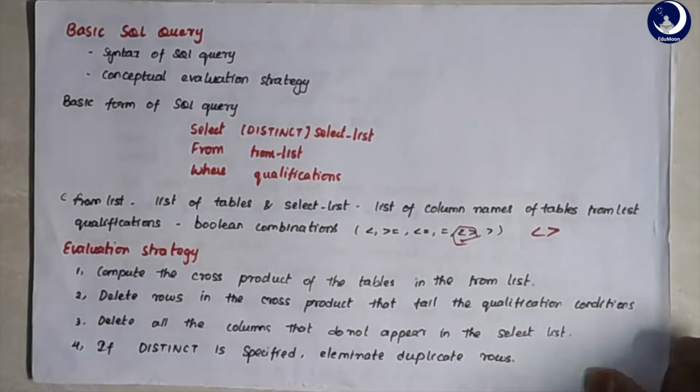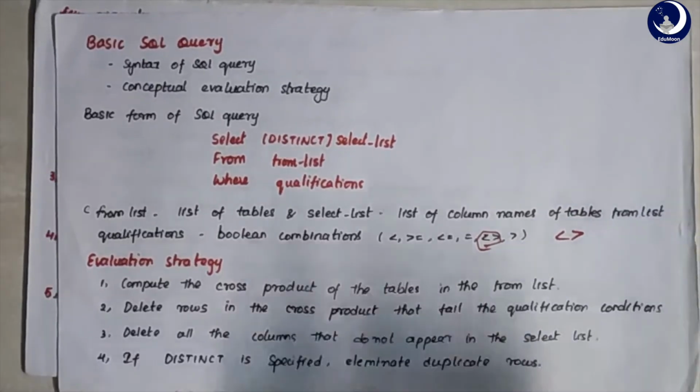Now let's look at a few examples to understand it. Before looking at the first example, I am assuming that you know the three instances that we have been using from the past lecture: an instance of sailors, which has sailor ID, sailor name, rating and age; the reserves table, which has sailor ID, boat ID, and the date on which the boat is reserved; and finally the boat instance, which has boat ID, boat name, and the color of the boat. Now let's look at the example.